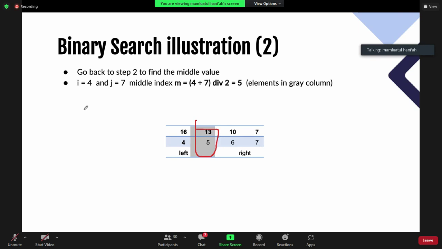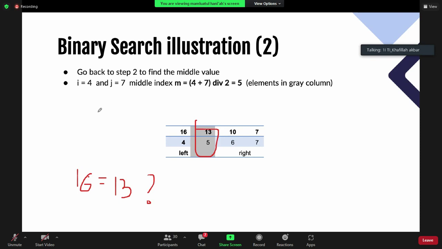And then you need to compare it again. You compare your K. Your K was what? 16. True or false? False. So you need to decide whether to go to the left position or right position.